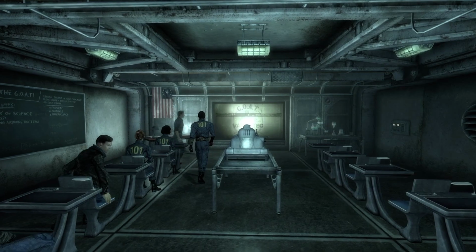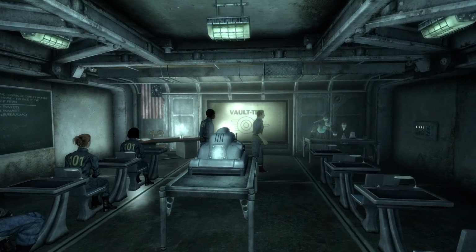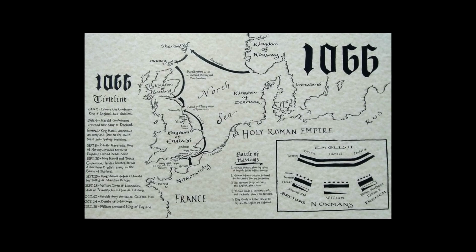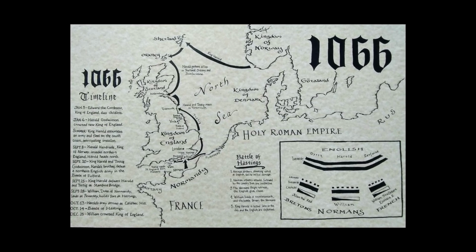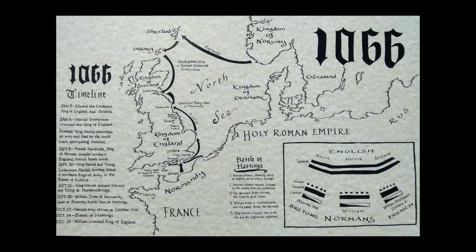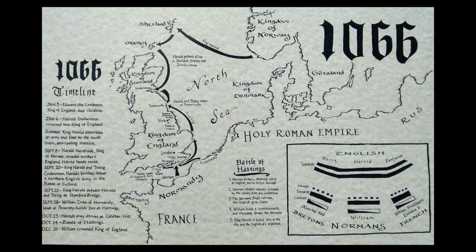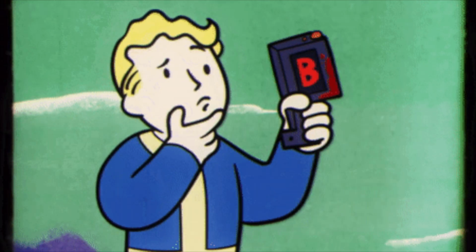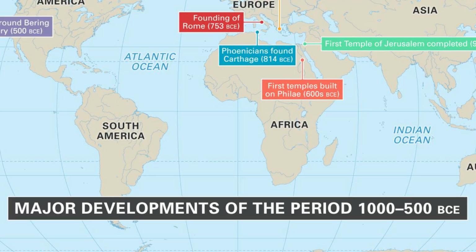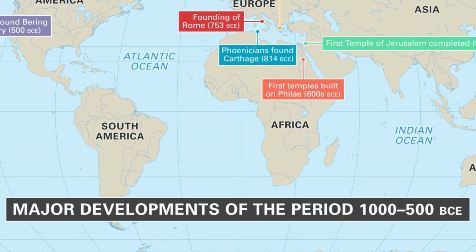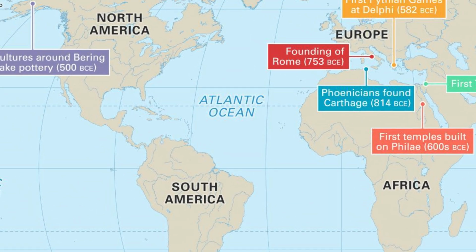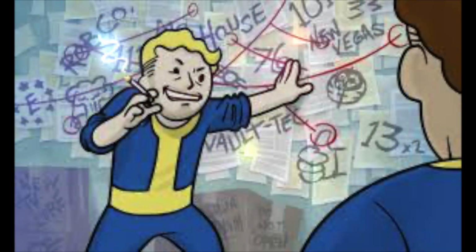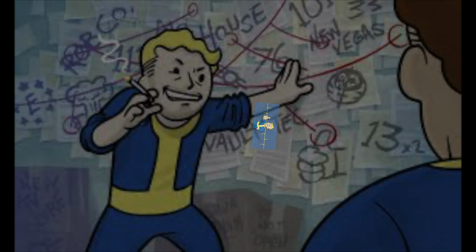And although our first date was a divergence in the timeline between our reality and the reality of Fallout, this date isn't. This date is the same. And I think we're going to find that a lot of the dates that are mentioned are actually the same. So even though the timeline actually diverges somewhere around 1000 BC to 500 BC, that doesn't mean that we aren't going to get dates that still match. So just because some are different, others will be the same.